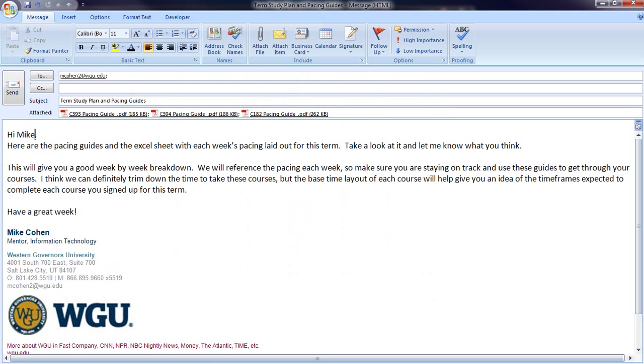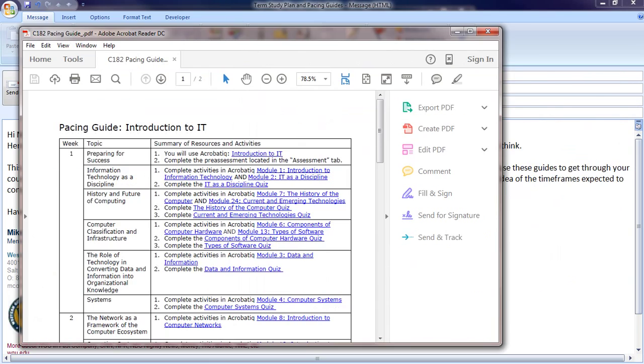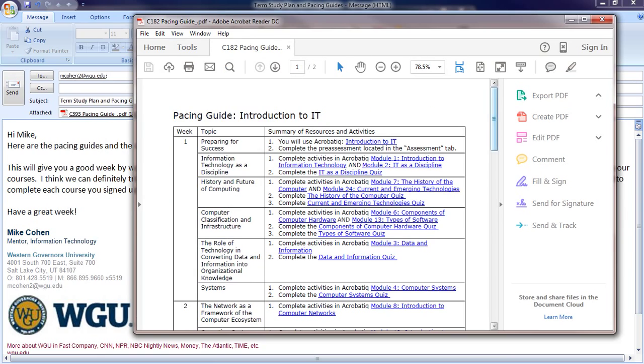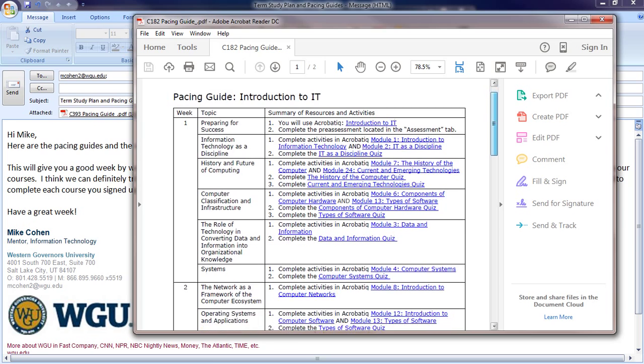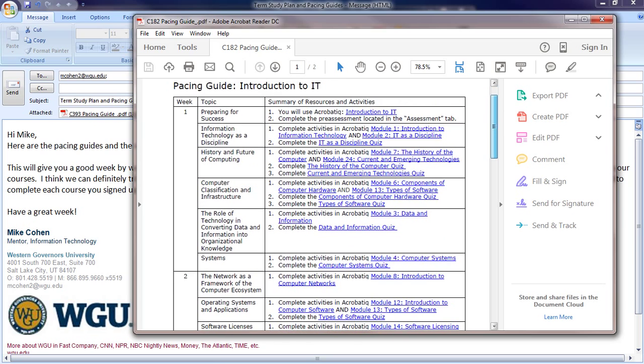So now they have the pacing guides, which are great references if you haven't seen these. Instead of having an Excel sheet that might blow up if they try to print it out to 12 pages, each pacing guide is about 2, 3, maybe 4 pages that I would highly recommend you have your students print out and have by their computer and just have a checklist of. This is the exact same information. It seems redundant, I know, but it's static. It's very